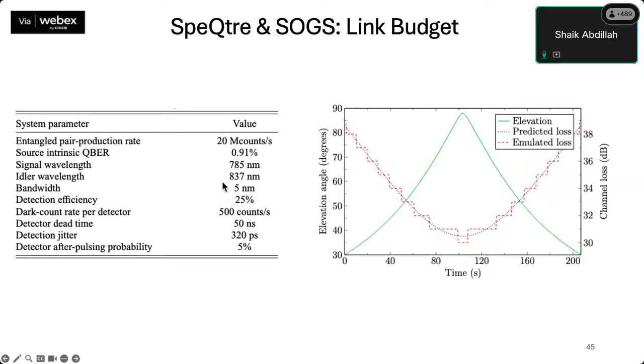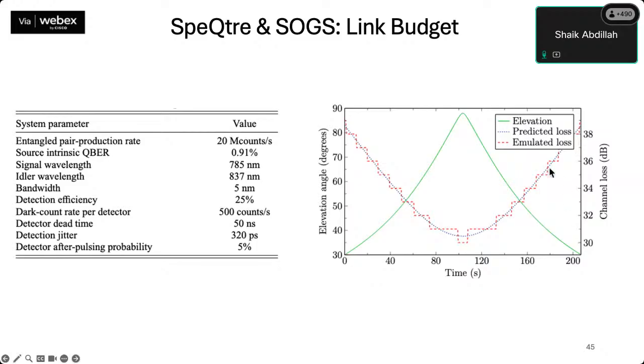The signal wavelength is the one that will be downlinked to the optical ground station, and the idler wavelength will be the one that is processed on board the CubeSat, right? So as per our prediction, we see a channel loss of about 34,